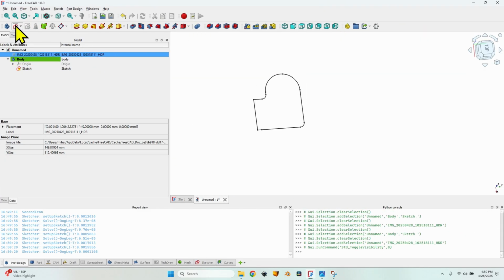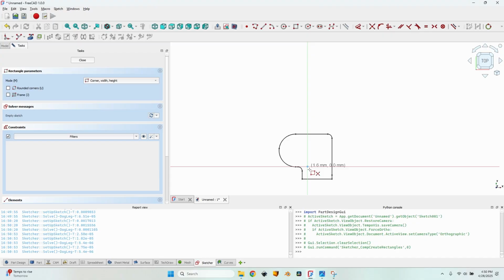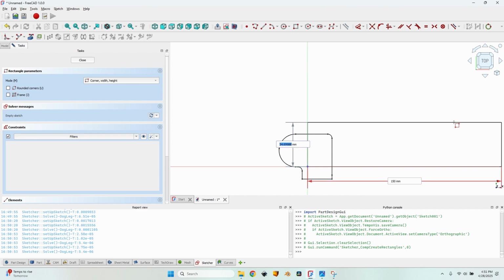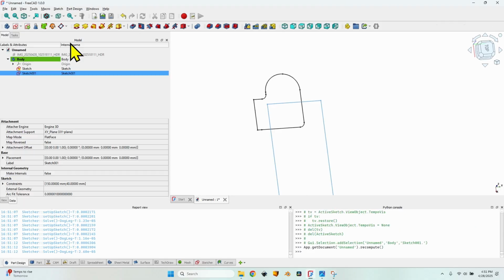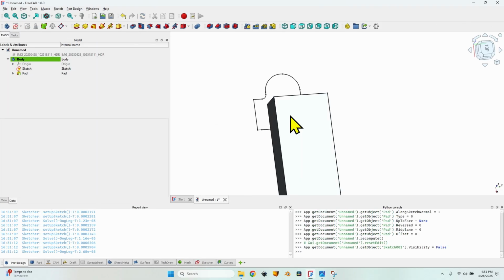Let's create a new sketch which is going to be the shape of the door. Again in the XY plane, and I will create a rectangle. I will use a length of 150 millimeters to be able to clamp the template easily to the door, and the width of 40 millimeters, which is the width of the door itself. Close this sketch and make a pad of 22 millimeters, which is going to be the height of the template